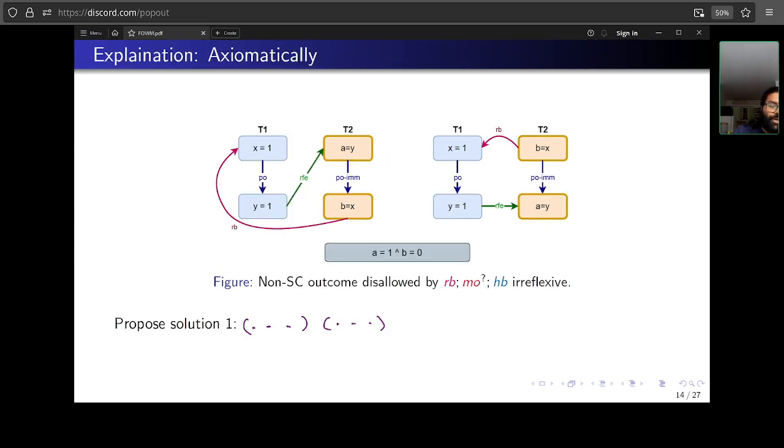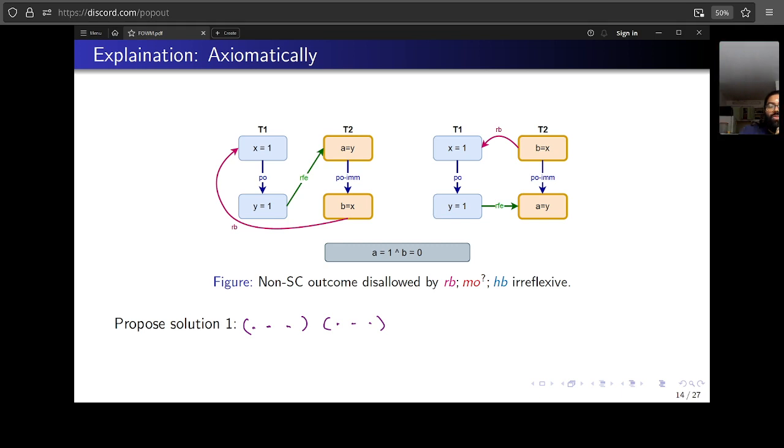And axiomatically, what does that mean? Again, a recap. The same outcome is just allowed by RB, HB as a composition, and after transformation, there is no cycle.